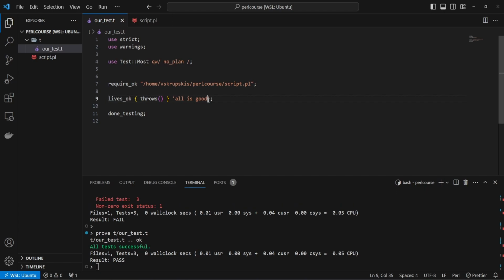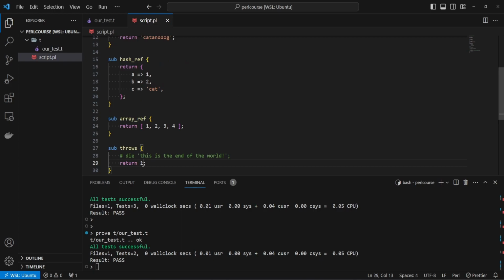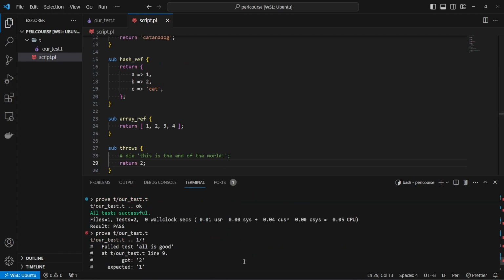Alternatively, if you did actually care about the value returned from the test that checks that your method didn't throw anything, what you can use is a keyword which is lives_and, and inside the curly brackets you can provide after the method the value that you expect and a keyword is. So if we run this, our test is going to pass, because our method doesn't throw and we're also expecting value 1. However, if we return, for example, value 2 and rerun the test, it is going to fail,